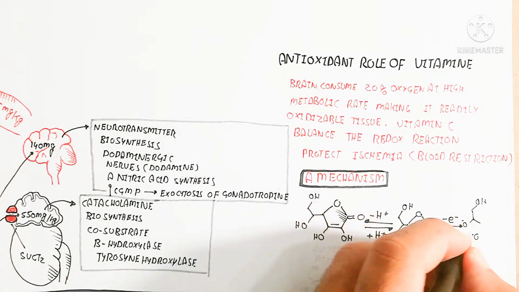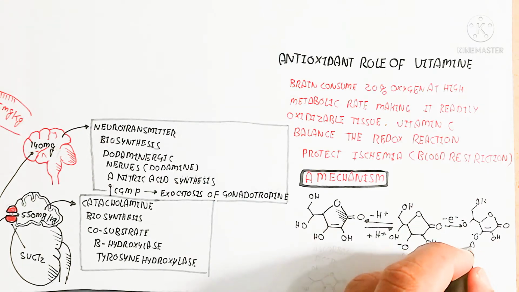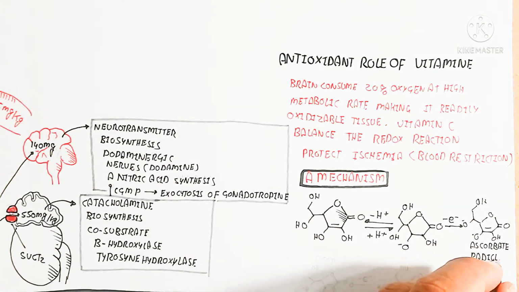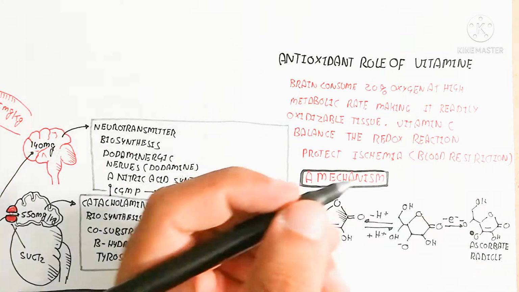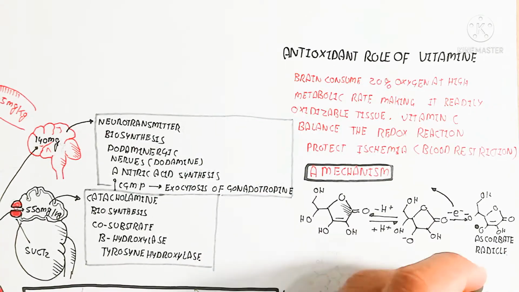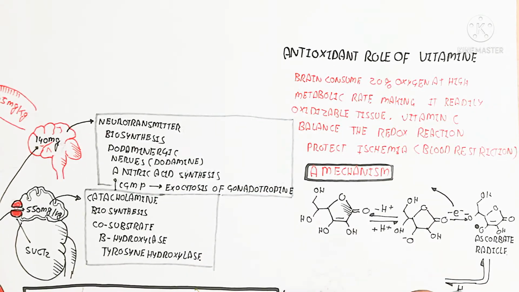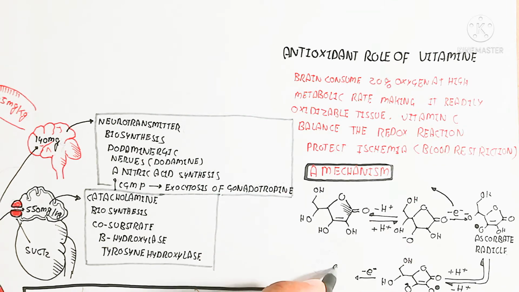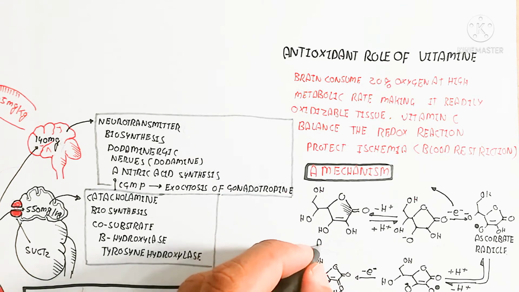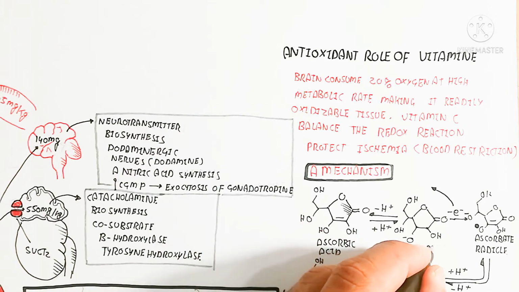So the ascorbate converts into the ascorbate radical, but this radical is not harmful. It is harmless, and in this way, when one more proton is released, a radical will be formed, and one more electron can be donated to become dehydroascorbic acid. So the dehydroascorbic acid means 2 hydrogens will be released, hydrogen basically in the form of protons. So the 2 protons will be released to become dehydroascorbic acid.